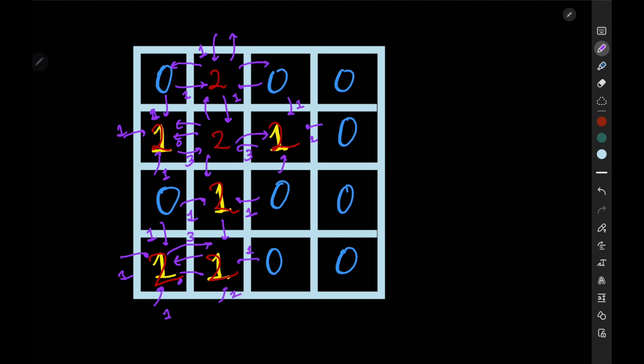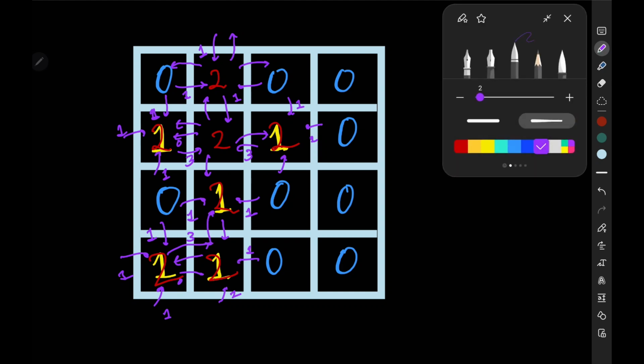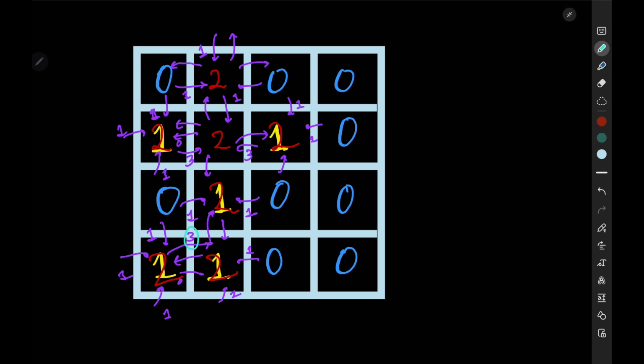here it will get 1, and the sum of this will be returned to this cell as, let me use another color, let's say this one. So now it will be the sum of this and this, so it will be 5, and from here it gets 1, 1 and 5, so it will return 7 here. It will get 7 here, from here it gets 3, 3 and 7, so in total it will return